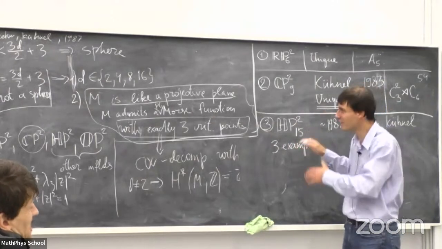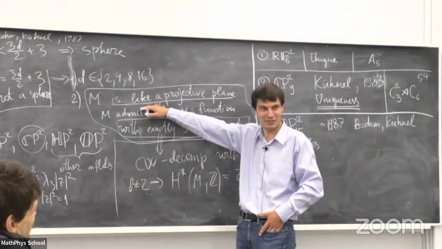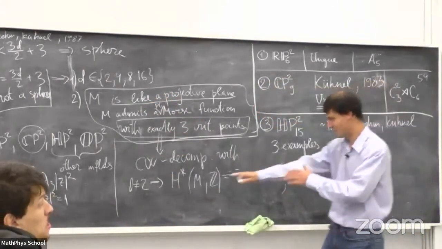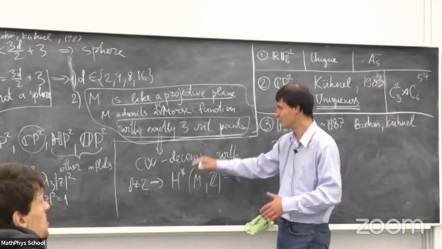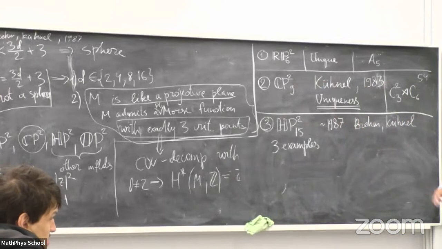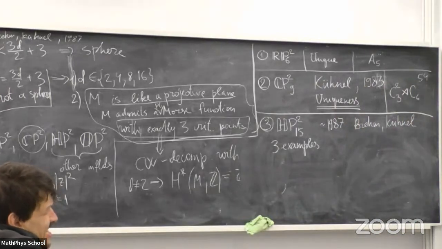So this is not a sphere, hence this is a manifold like a projective plane, and so on and so forth. So it has homology and so on. It is simply connected, no problem. So its topology is very close to HP2, but